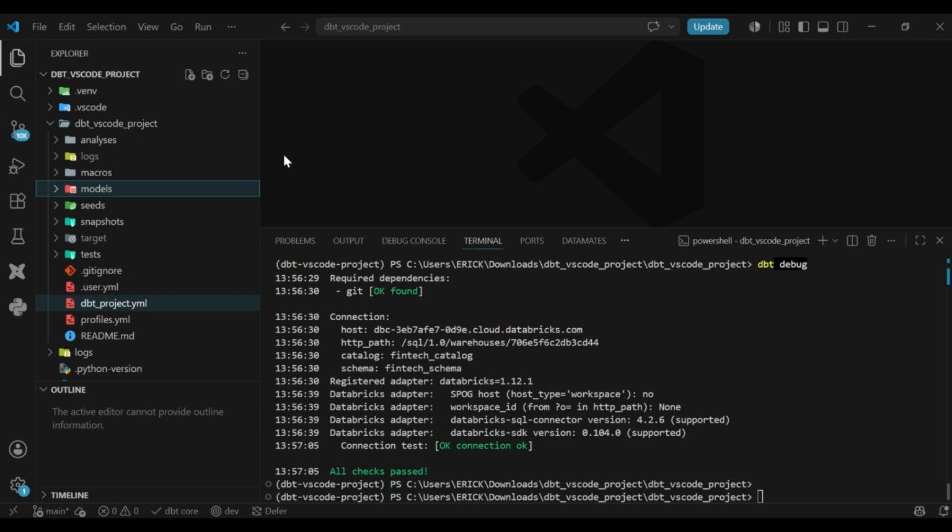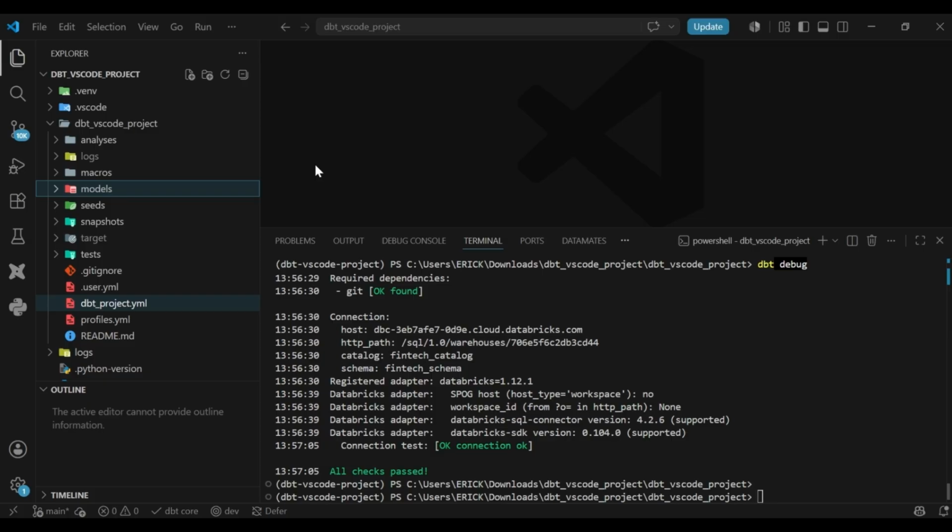Once it lands in dbt, we identify it using the first layer, which we're going to call bronze. Bronze will be the layer containing the raw data, and silver will be the layer where we do all the transformation,